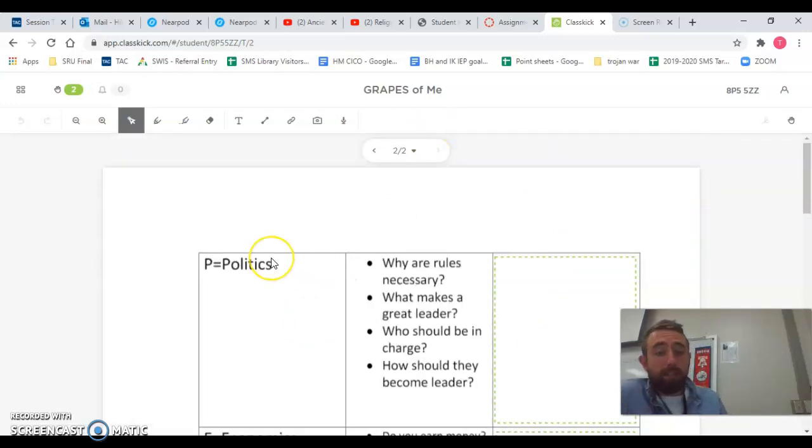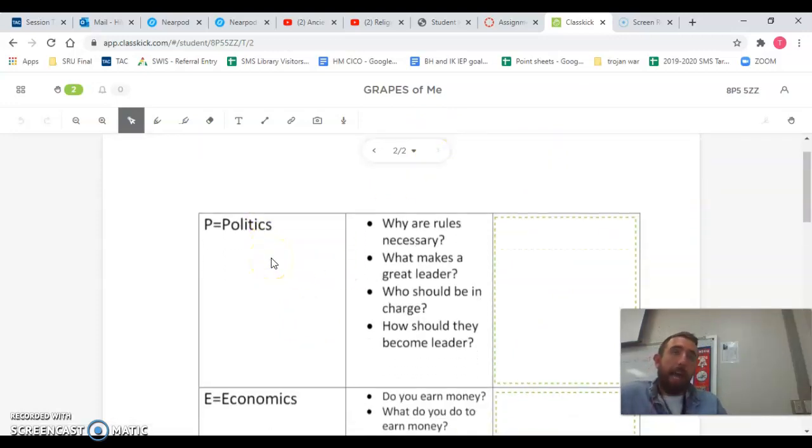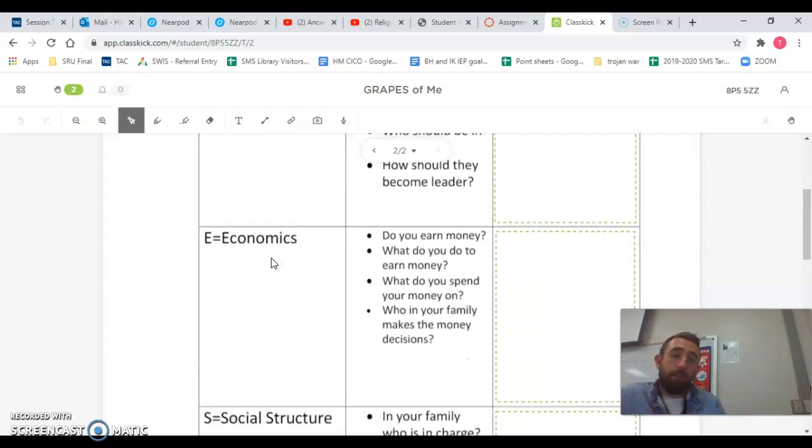We talked about politics, how we have political freedom and you can choose whatever political ideas you have, but how in the United States we have a republic or a representative democracy. So we vote for our leaders and then they make rules and decisions for us. We talked about how there are many different political parties, but 2 major ones, Republicans and Democrats, and some of the differences there. We did talk about economics, how the United States has one of the largest economies in the world,